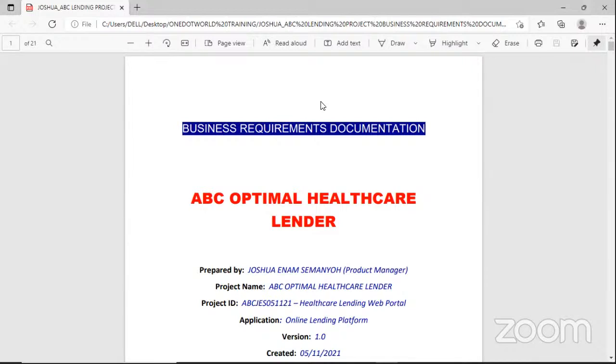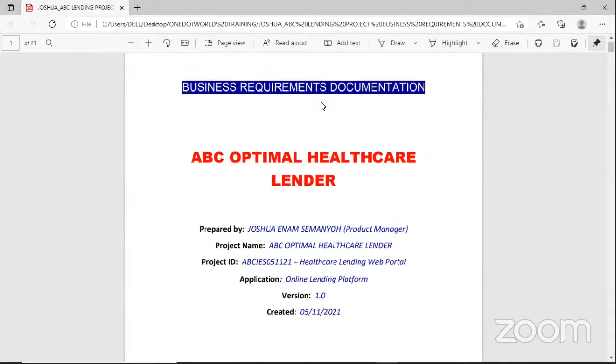The name of the product is ABC Optimal Healthcare Lender. It is basically an online lending platform, but specifically ABC Financial Services, which is located in Atlanta, Georgia, wants to use the platform to reach out to disadvantaged patients who have procedures that are due in the hospital, but do not have available funds for the procedures due to issues with their insurance, or their insurance is not covering it.